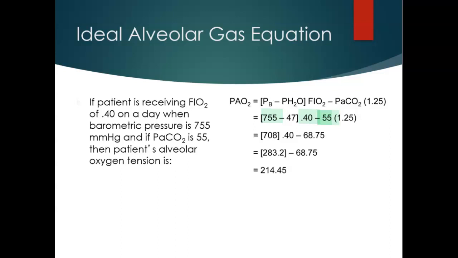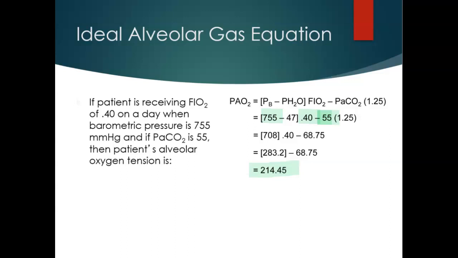Do this multiplication over here, that gives me 78.75. Then I multiply this 708 by 0.4 to give me 283.2. Subtract the 68.75, and I arrive at my final answer of 214.45. Okay. So if you think about this mathematically and you think about this calculation, you can kind of understand